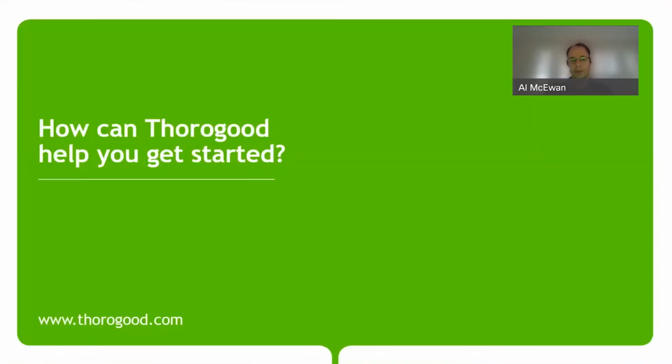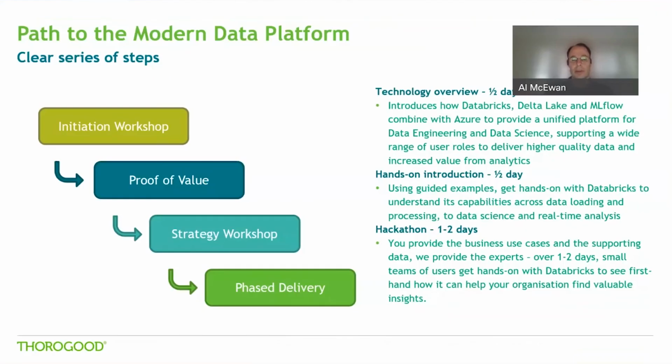So how can you get started? The starting principle we normally say is, well, just give it a go. Just start. Define a POC. Define something to prove what you need to do. It used to be the case that we spent a lot more time with our clients helping them to work out 3 and 5 year roadmaps and strategies. Well, the need to strategize is still there. It's still important to understand where you're going, but it's much easier and much more cost effective to just get started, to just test something out, and you can evolve that strategy perhaps as you go. Sure, you need to know where you're going to, but it's much easier and cheaper now just to get started